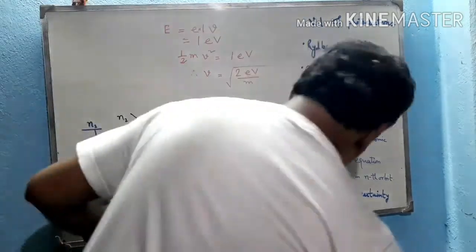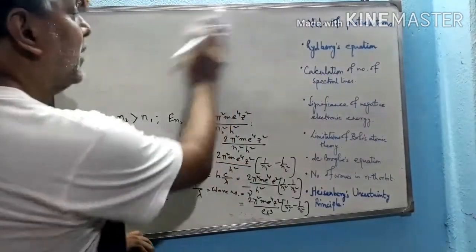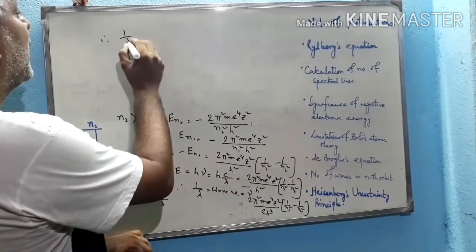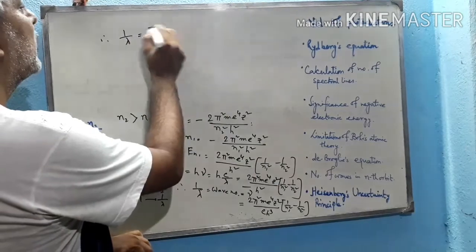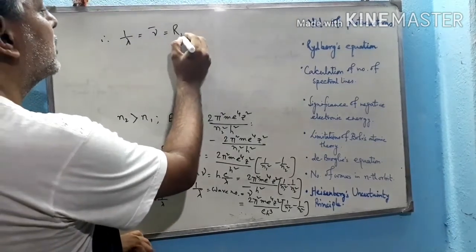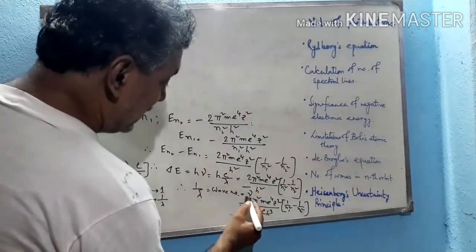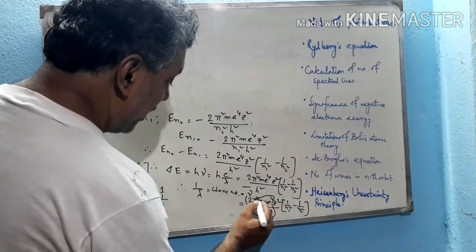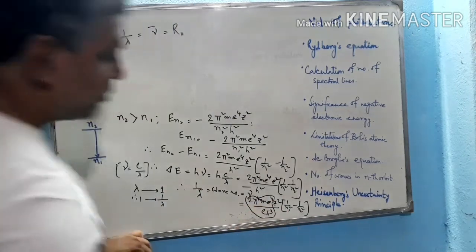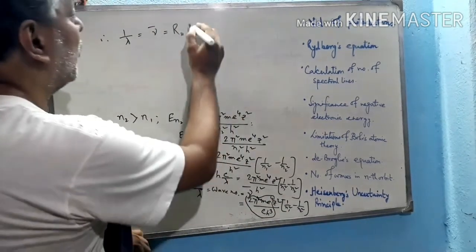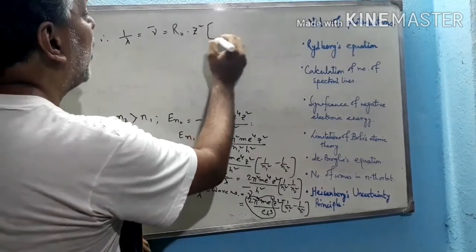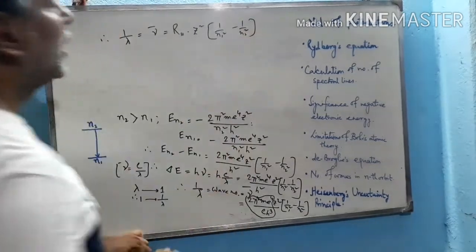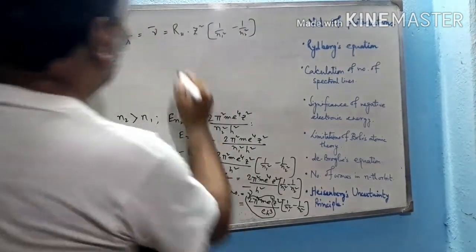Therefore, we can see that 1 by lambda, that means the wave number, denoted by nu bar, is equal to the Rydberg constant of the hydrogen atom, 2 pi square m e4 by c h cube, into Z square into 1 by n1 square minus 1 by n2 square. So this is the Rydberg constant of the hydrogen atom, the value of which is